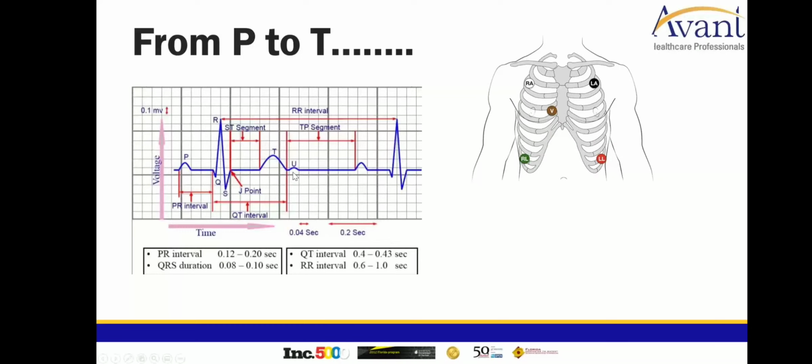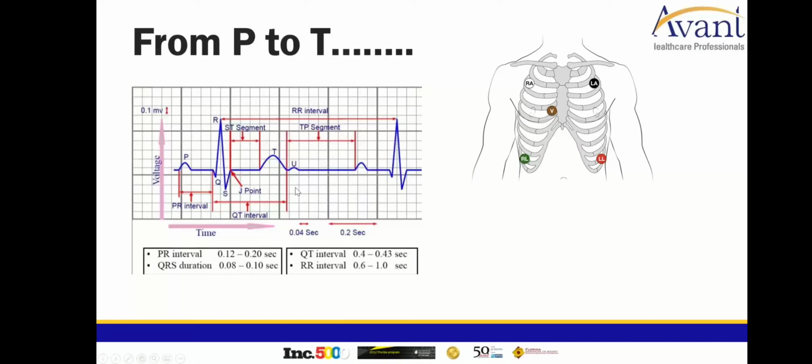Now, the next thing you see here is a little U wave. U waves are not necessarily visible all the time. It does show repolarization of the Purkinje fibers. And like I said, it's not typically something you would see readily on every EKG strip. If you do see it, if it's tall, it can indicate hypokalemia,